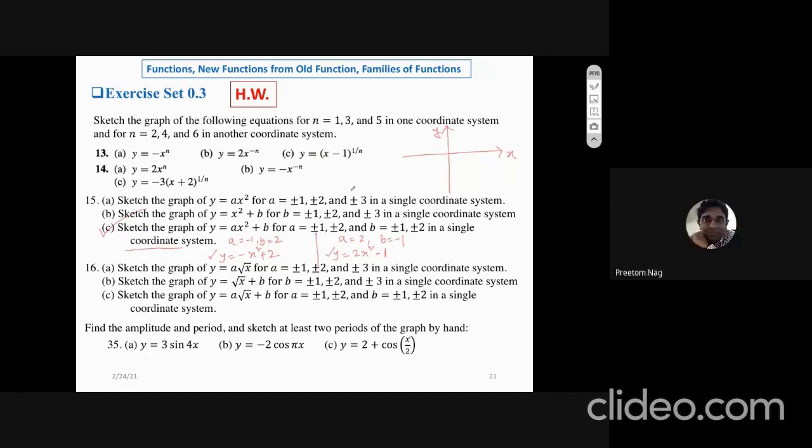So now please draw these two graphs. এই দুটো গ্রাফ ড্র করো, y equals minus x square plus 2 and y equals 2x square minus 2. Once you complete these two graphs, please raise your hand in the window. উইন্ডোতে তুমি raise hand করতে পারবে।